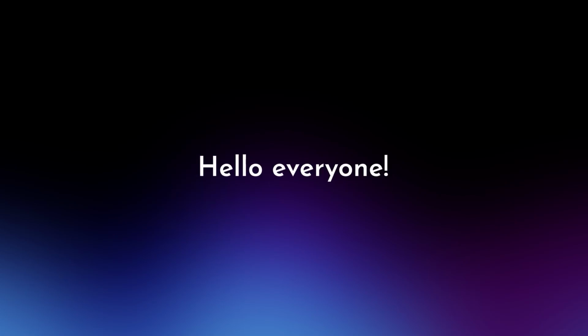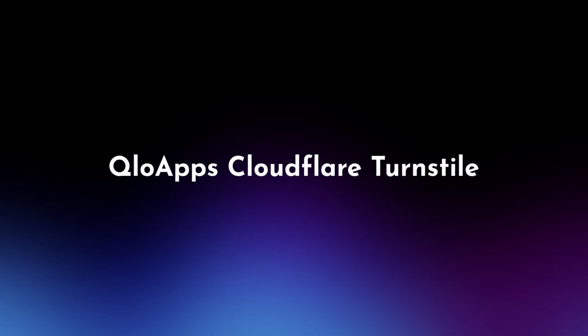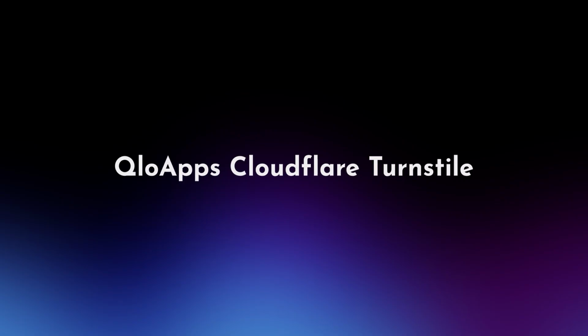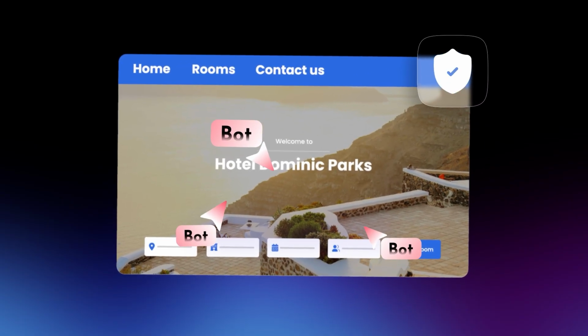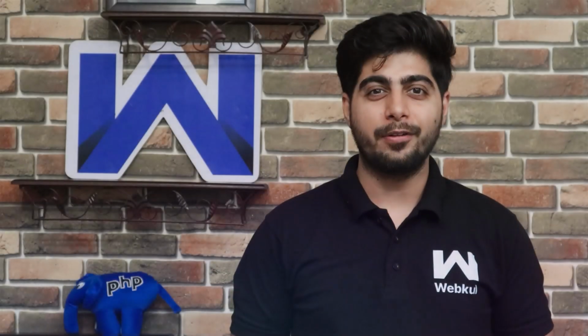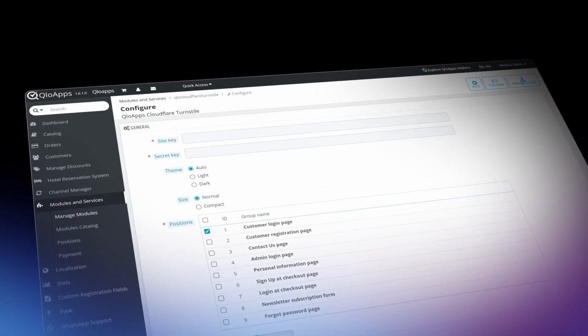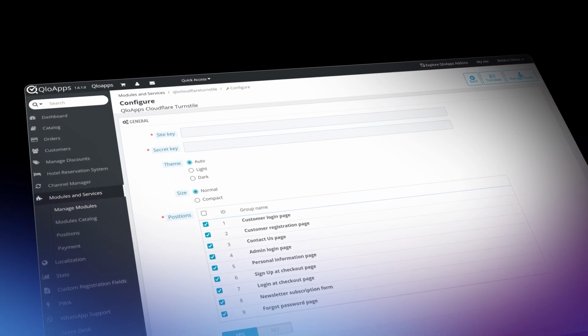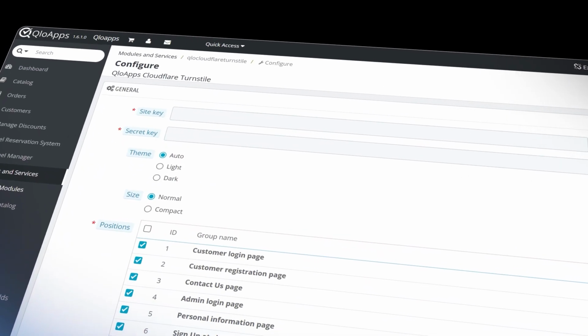Hello everyone. Today we are exploring the QloApps Cloudflare Turnstile module. It protects your website forms from spam and bots while offering a smooth CAPTCHA-free experience. The module works silently in the background to validate real users, effectively blocking spam while ensuring visitors enjoy a smooth and secure browsing experience. Enable it on login, registration, contact, and more pages with customizable themes and sizes to match